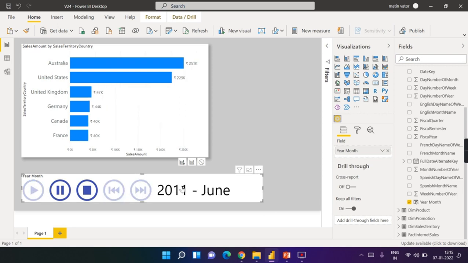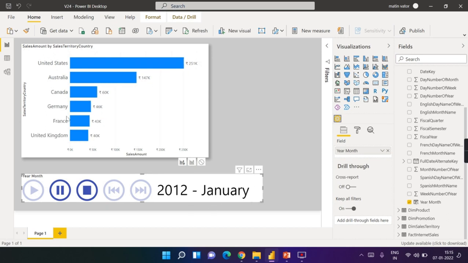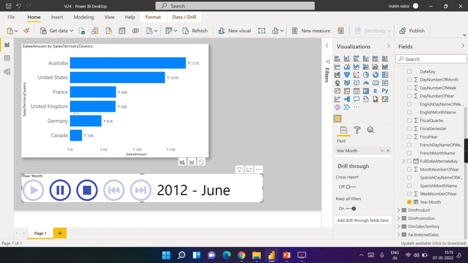When you expand it, it is changing, so it is stopped. So in 2011 May, November, October, there is no data in between years. That's why those months are skipped. Now you can see the difference, the countries are moving, but it is not a smooth transition as you see on the internet, but we achieved somewhat similar results in Power BI.